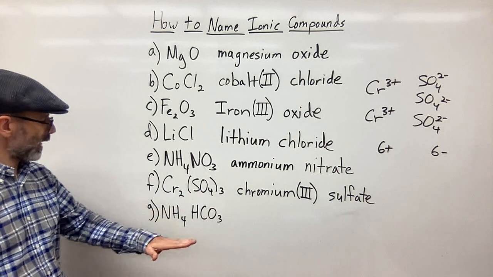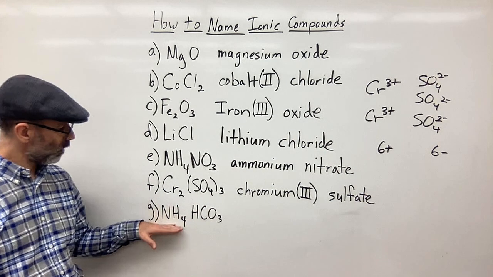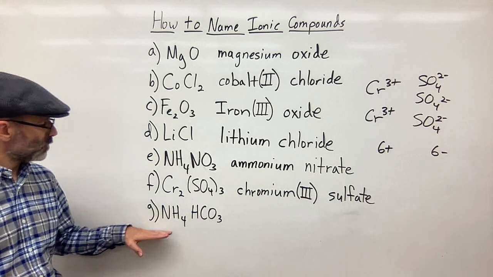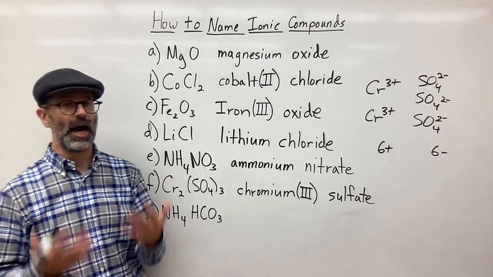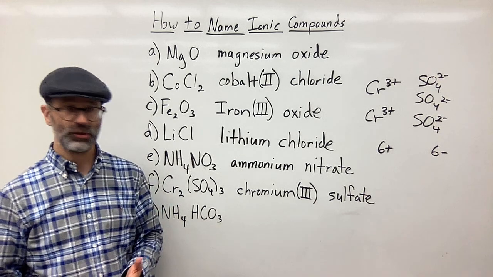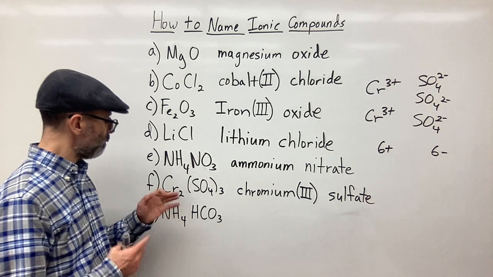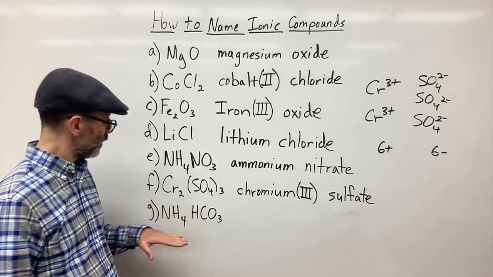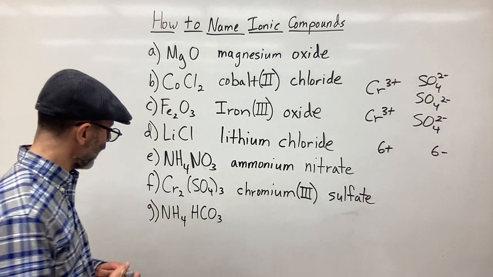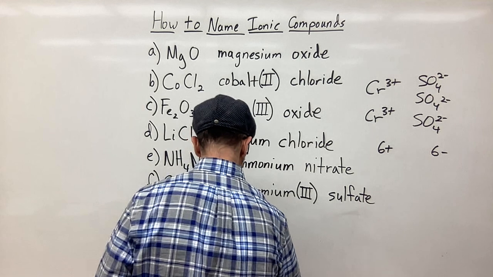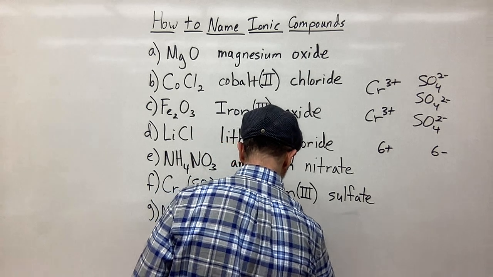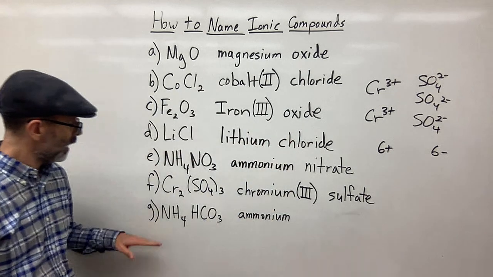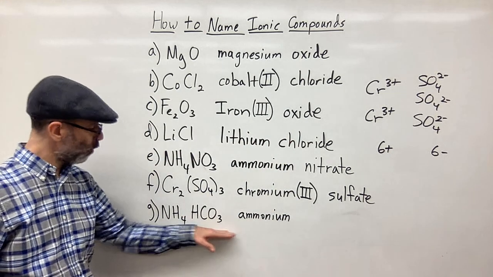Last but not least, we have again NH4HCO3. So again, NH4, polyatomic ion, has its own name. You got to know it. You got to know the charges too. There's a +1 charge on NH4. So again, this is ammonium. And then this bad boy right here,